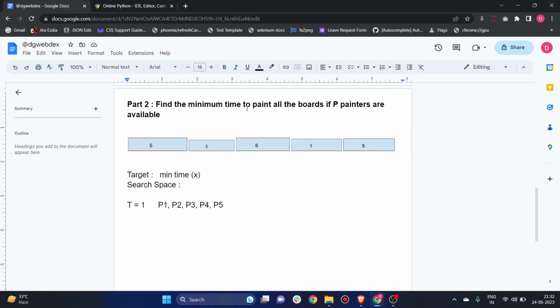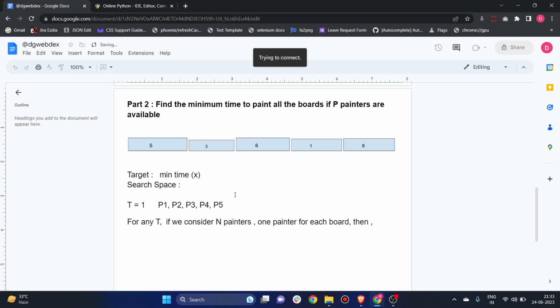So since we need to paint all the boards and find the minimum time to paint all of them, all the boards will eventually be done after the maximum length board is completed. That is 9, right? So for any T, we can say the minimum amount of time to paint all of these boards. Let me write the statement once so it becomes more clear. For any T, if we consider n painters, one painter for each board, then the minimum